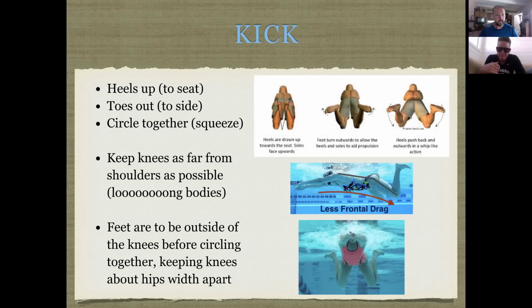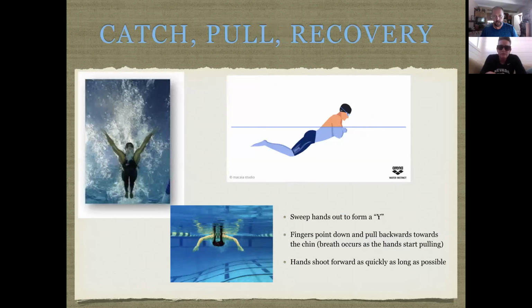Awesome. Very, very good information. So let's go ahead and move on to the catch, pull, and recovery. So Courtney, in your opinion, what are some of the key elements of the catch, the pull, and the recovery